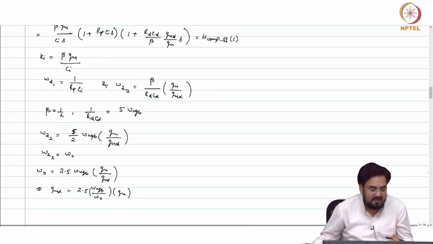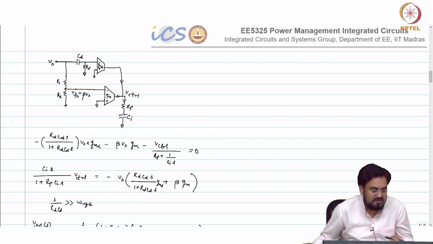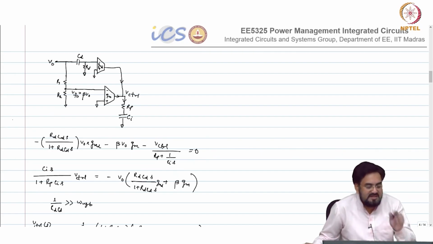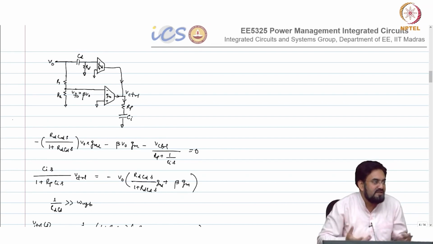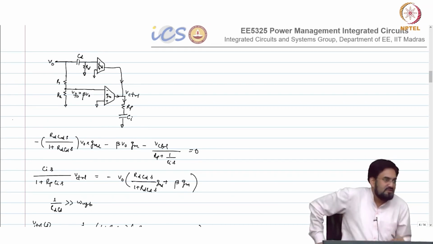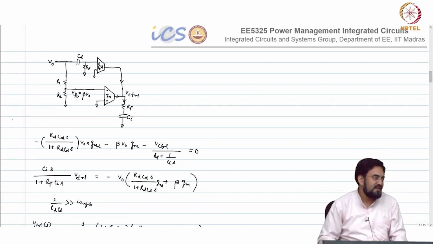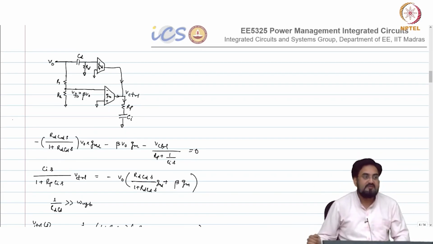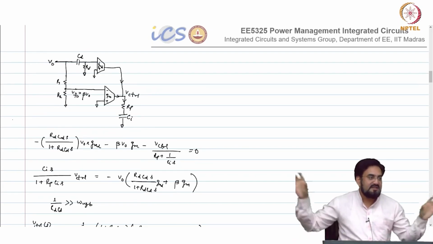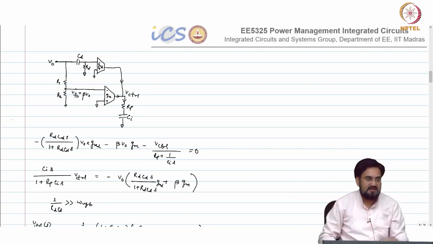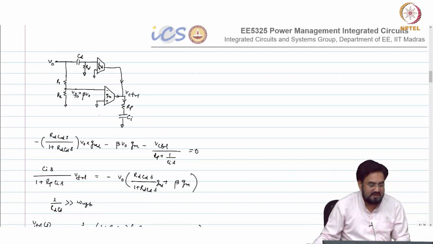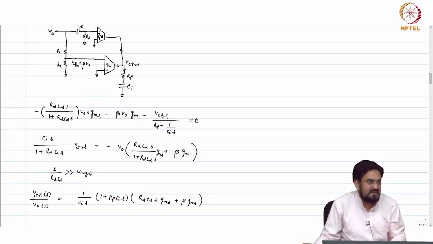Okay. And first 0 I know it's coming from 1 over RPCI. So if I change RP, then 0 will change, but it will change my proportional gain also. But proportional gain is what? GM into RP. So if I increase the RP, I can reduce the GM proportionally. So that product will remain same. So it will not affect my loop gain. So now both the zeros you can tune independently here. That's the advantage with this, which is not possible in case of op amp. Until you design your integral, proportional and derivative components separately like we saw and add them together, then you can control. But here you can do that quite easily, and GM can be controlled simply by controlling your